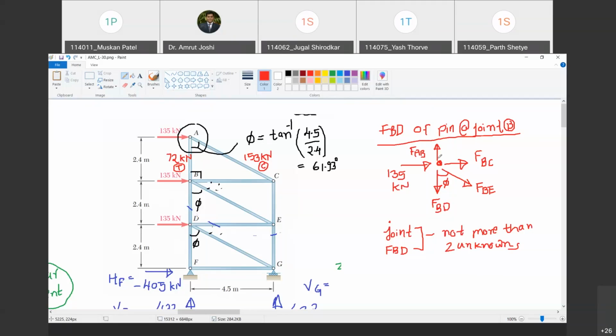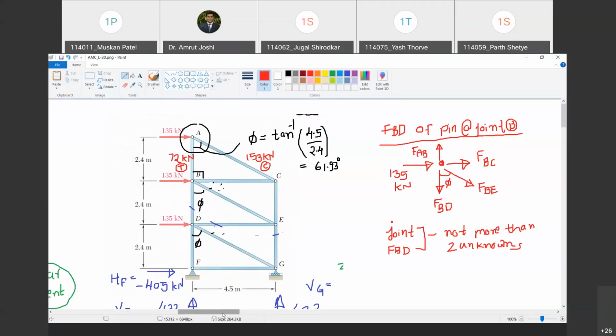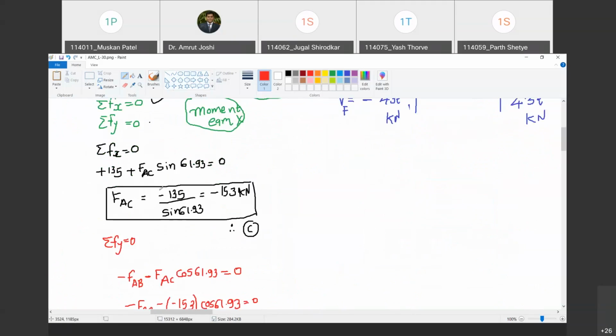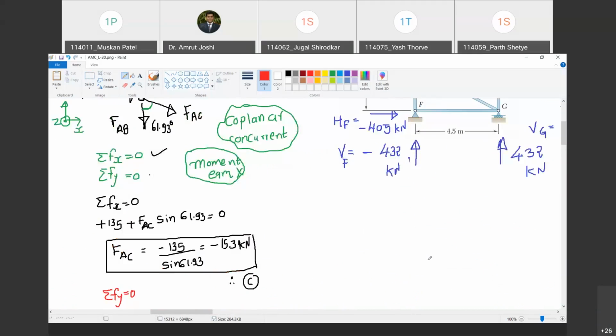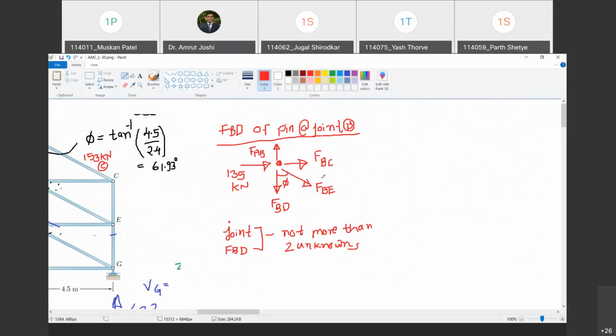So keep in mind, when we draw a free body diagram, all forces have to be shown as tensile. Their plus or negative sign will come with you from the previous step. Are you with me? For example, FAC is minus 153, but while showing, I will be showing FAC as tensile only. Are you with me? Yes, sir. Okay, with negative sign in the magnitude. I hope I am stressing this point because that is the point of confusion. So keep this in mind.